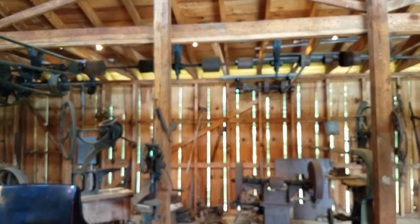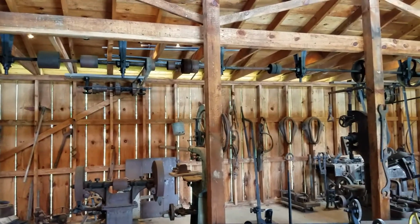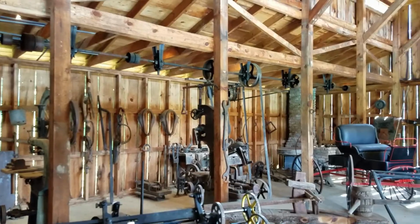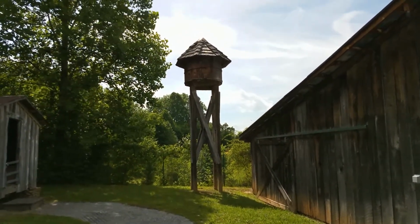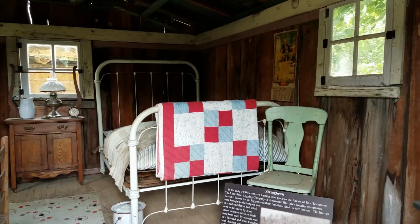It goes all the way. Various pulleys to run different equipment. You can see some of the belts coming down to run some of the machinery. Of course, no village is ever complete without a water tower. Another little house. This is more into the